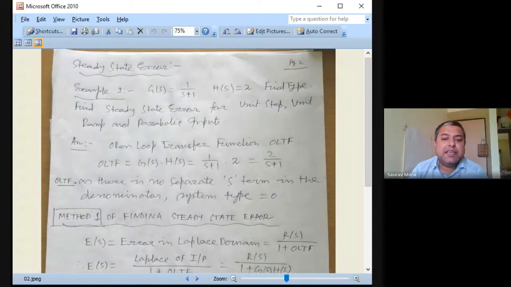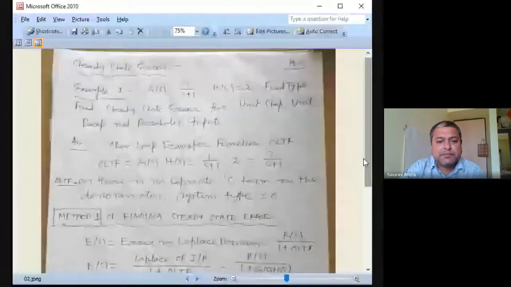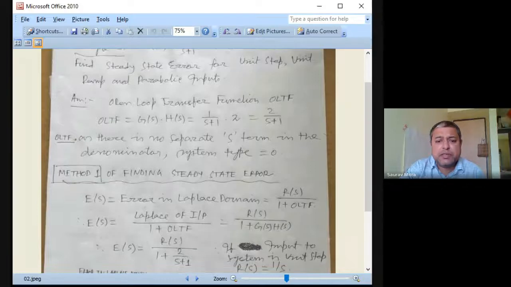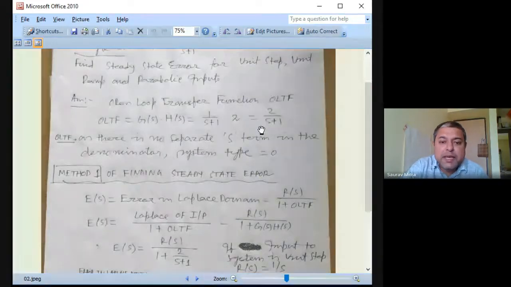I'm explaining this process if anybody had missed yesterday's lecture. I have taken G(s)H(s) as 2 divided by s plus 1. That was the first job. If you take G(s) as 2 divided by s plus 1, that is type 0, what will be the type 1 system? In that case, type 1 will be G(s)H(s) equal to 2 divided by s into s plus 1. Just multiply an s at the denominator. That will make this G(s)H(s) type 1.